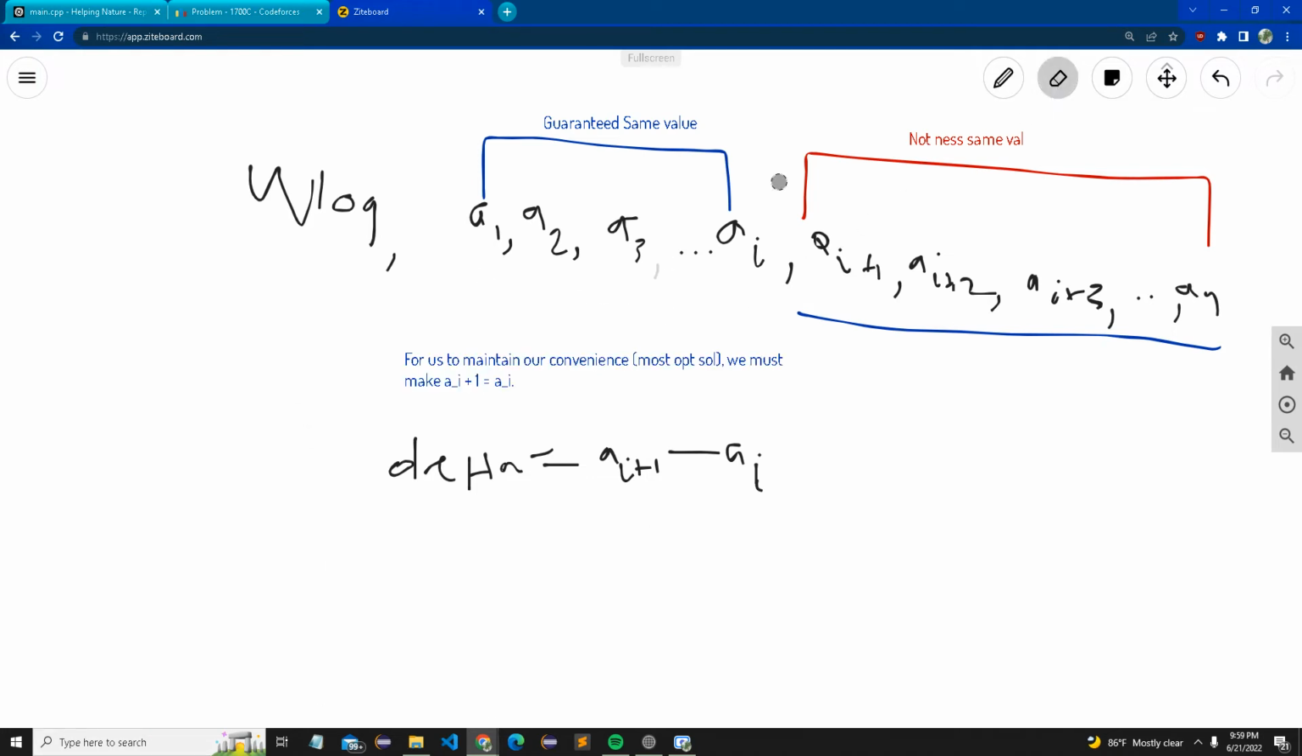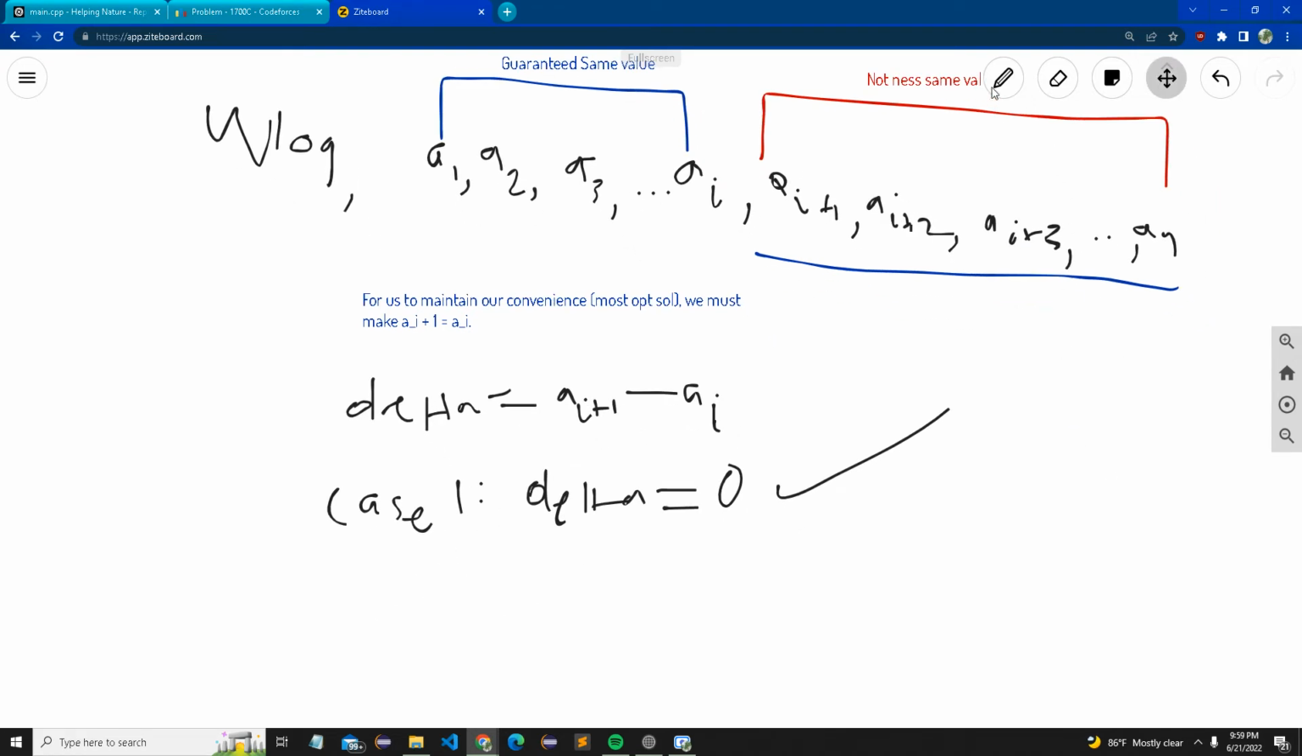So then we have to observe cases. Let's observe the trivial case, like case 1, such that delta is equal to 0. If delta is equal to 0, then we move on. We are good. So this is a check mark, right? We don't need to touch anything. We've already achieved this goal. Case 2,